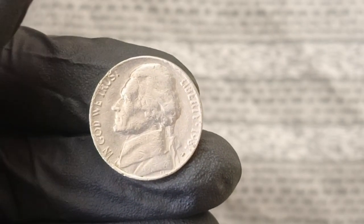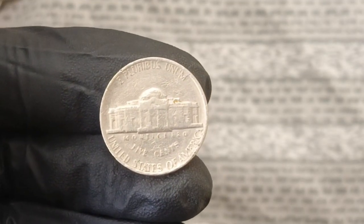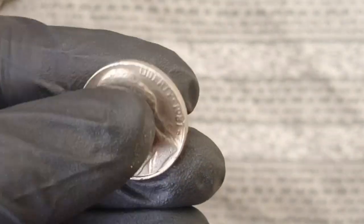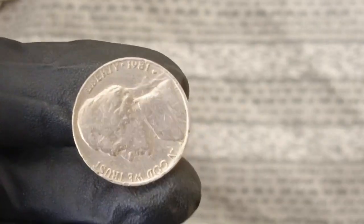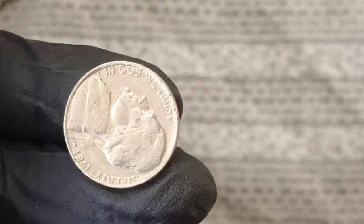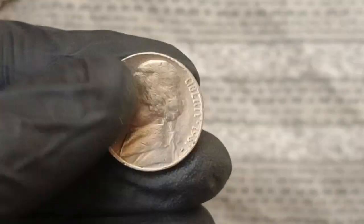And among the most important types of errors that elevate the 1981 P Jefferson nickel into the stratosphere of value are the off-center strikes, double and triple strikes, full brockages, partial collar strikes, die caps, wrong planchet errors. And perhaps the most exciting of all, those struck on leftover silver war nickel planchets or even on foreign planchets that had no business being in the minting press in 1981, and the story becomes even more compelling when we